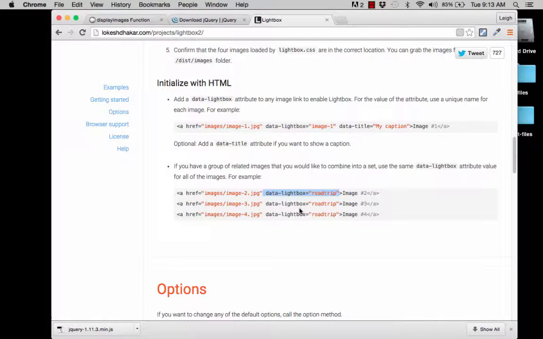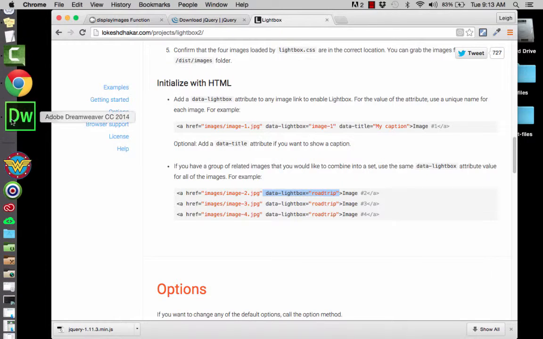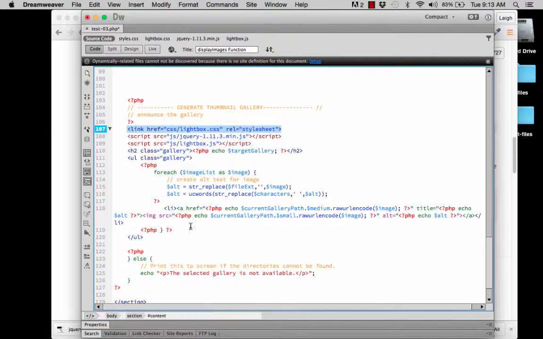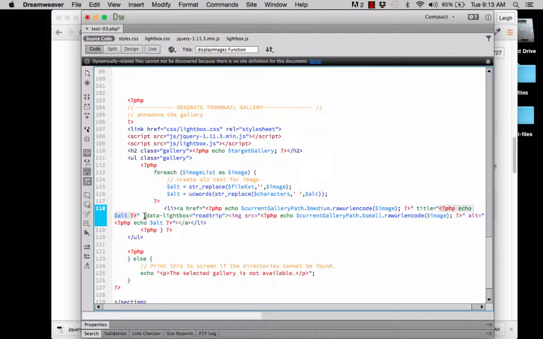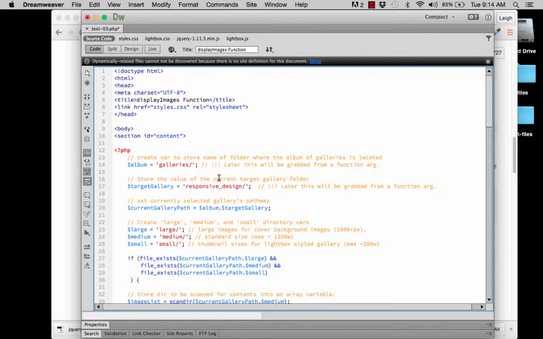What we're going to do is copy this, and then jump over here into our file, and find where we have our a href and we have a title. Okay, and then the next thing that we're going to do here is space, and we're going to put data-lightbox equals, and then right now it says road trip. Instead of saying road trip here, what you really would want to do is actually put maybe the name of the gallery. And the best way of dealing with that, honestly, is to look up here in our